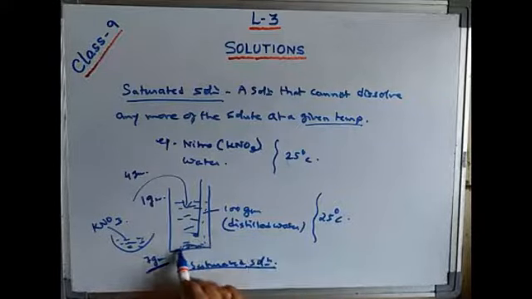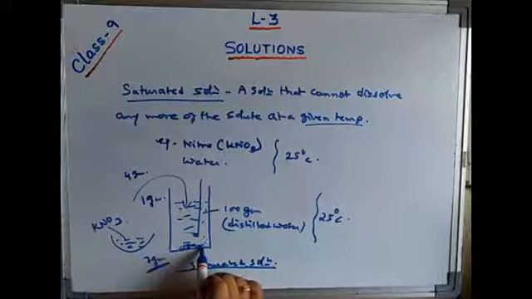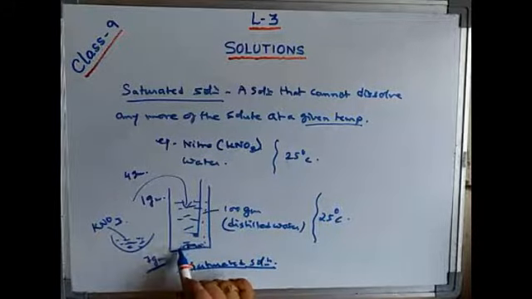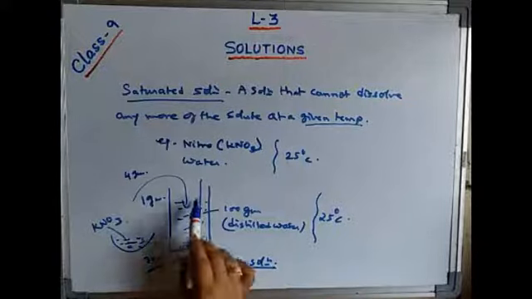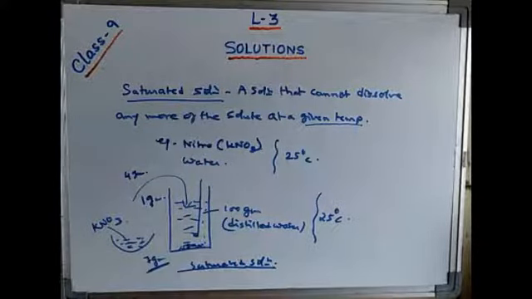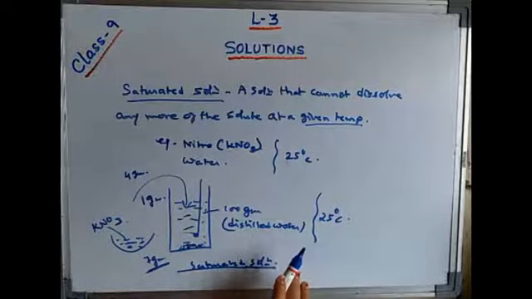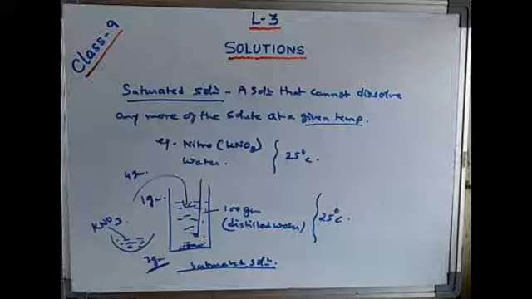And what is this amount? The 8th gram of salt has been added and it is found that it is left undissolved at the bottom. That means, at a given temperature and a given amount of water, it is left undissolved. This type of solution is a supersaturated solution. That means the given amount of solute is more than the required amount for a given amount of solvent at a particular temperature. So from this drawing, you come to know about the 3 types of solution: saturated, unsaturated and supersaturated.